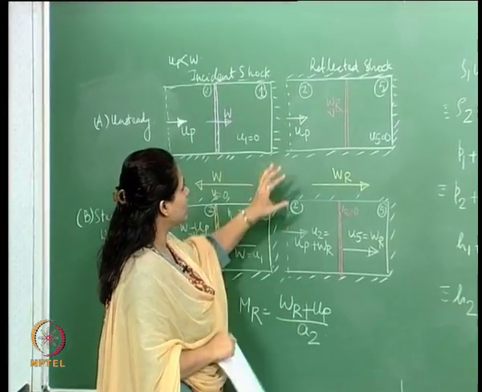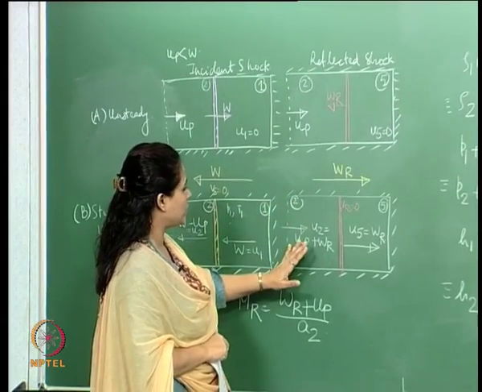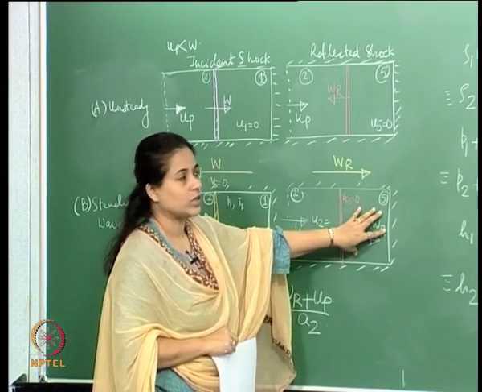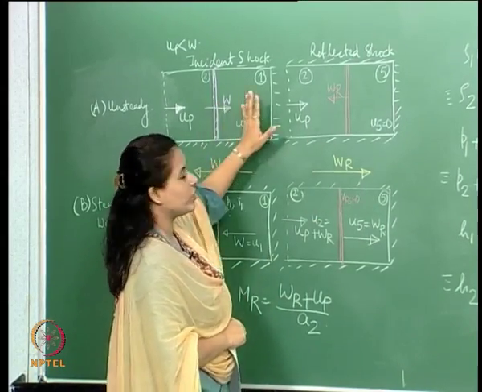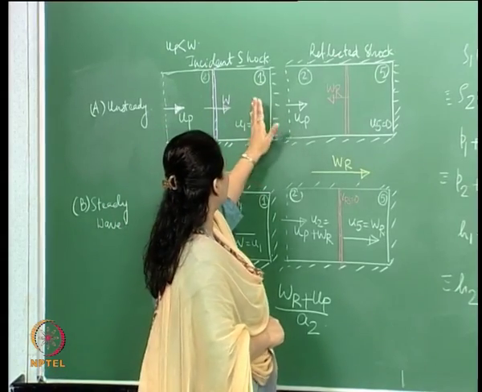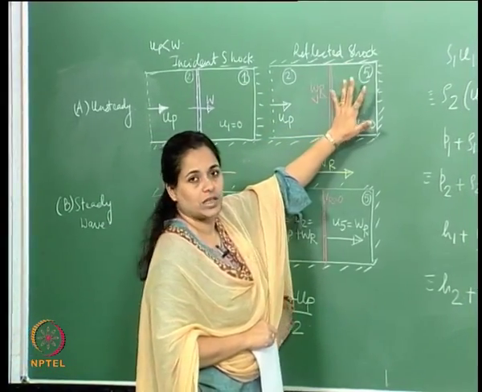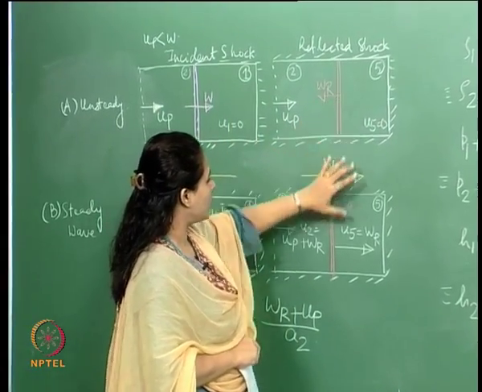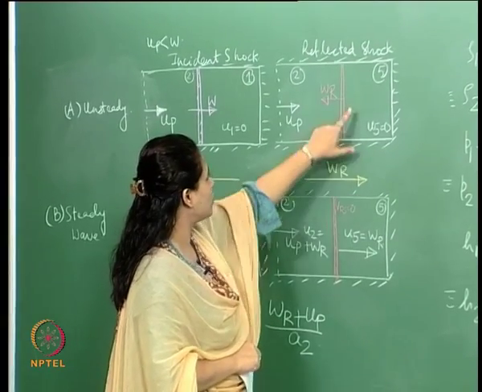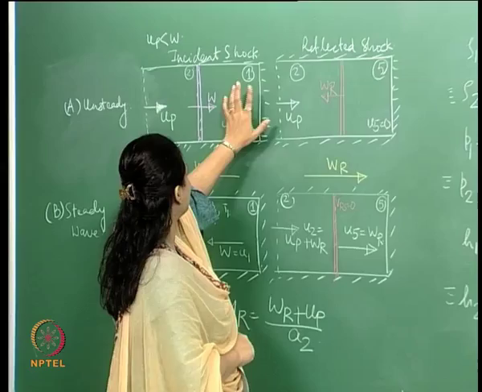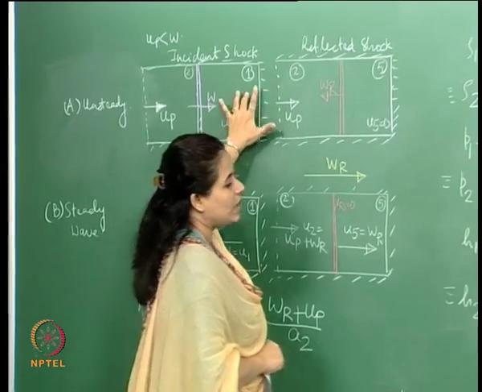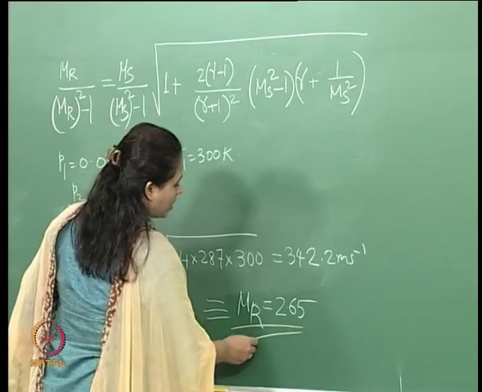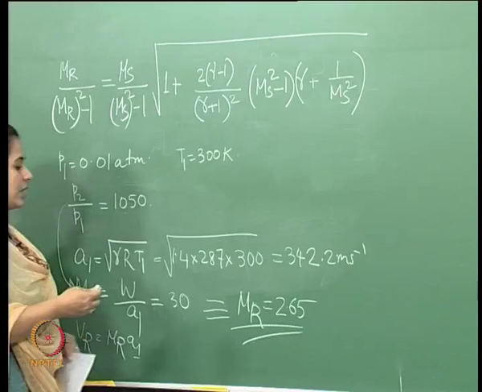Now, having done that, what we need to calculate are the pressures and temperatures behind the reflected shock. So behind the reflected shock is basically in this region. Now this region is quiescent, because initially the shock was moving into the quiescent region, and it has been brought to a sudden stop, and it moves in the opposite direction. So P5 and T5 are basically equal to P1 and T1, right. Now corresponding to this Mach number, again we go to the tables and find out